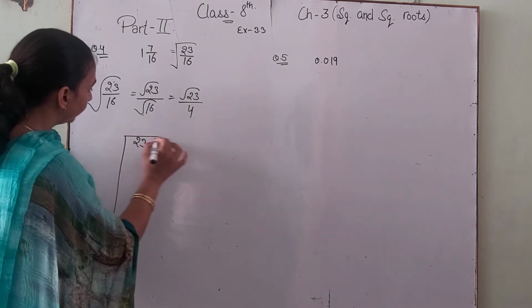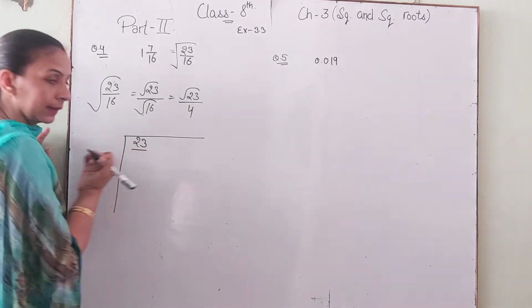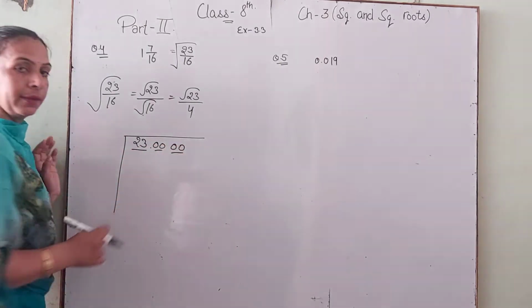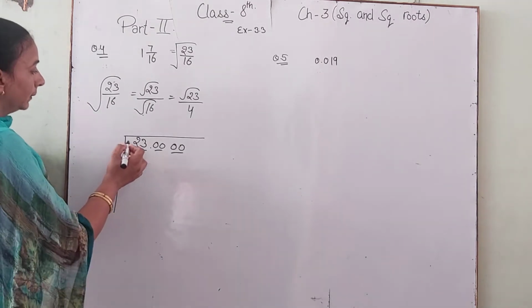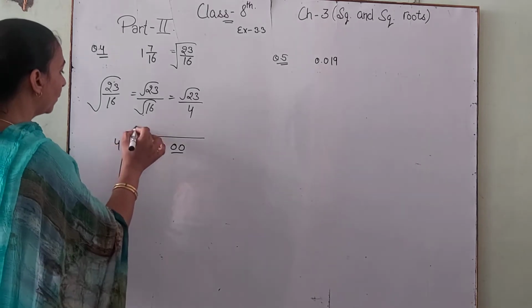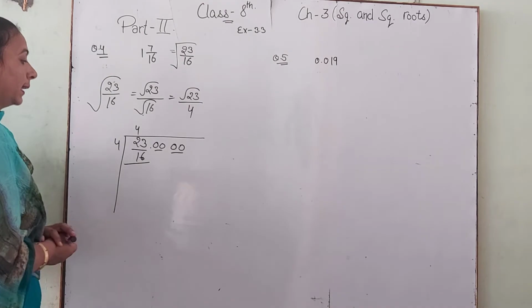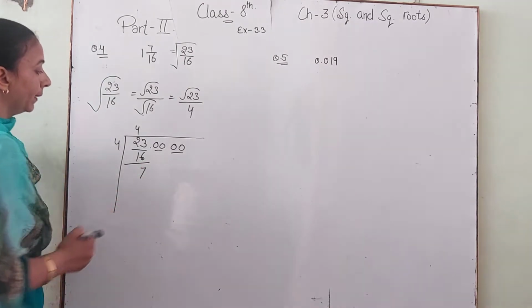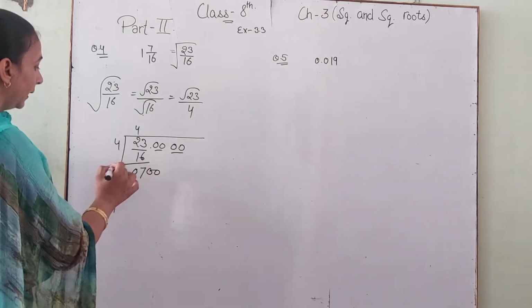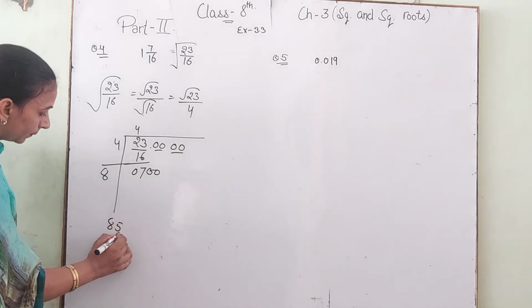23. Complete pair, then complete pair, and then again complete pair. Okay. Then 2 2s are 4, 4 4s are 16, 5 5s are 25, 4 4s are 16. Then 13 minus 16, that is 7. Again 0. Now we take a complete pair. Then double of 4, 8. Then we check in the middle.